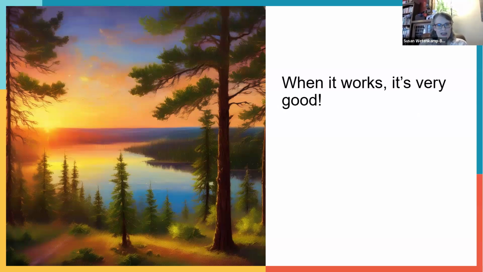This is an image that I generated in about 30 seconds in the AI image generator, and it looks great. And so I think when it's working, which hopefully as it becomes more stable in time, it could be a really great tool for you to make pictures for illustrating slide decks or handouts or things like that, when you don't have to go browse through pages and pages of Google image search. You can just type in what you want and get it. So I quite like it.